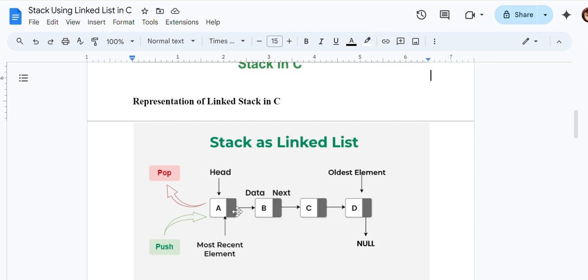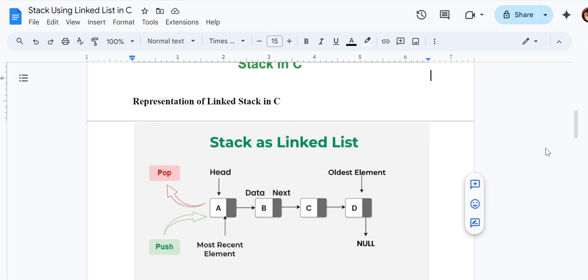That is called a link. The list is linked in a virtual manner, which is why it's called a linked list.